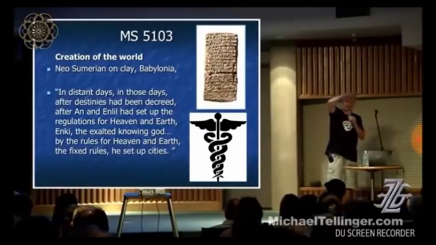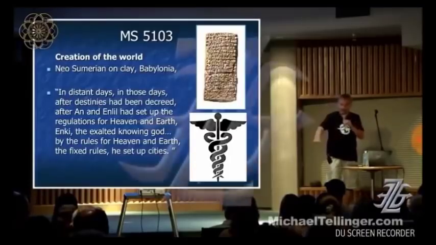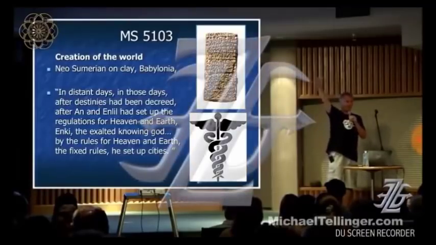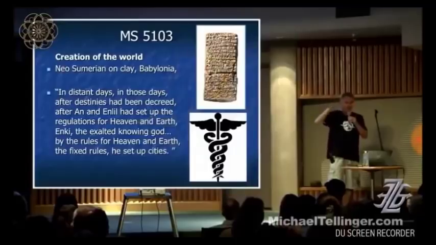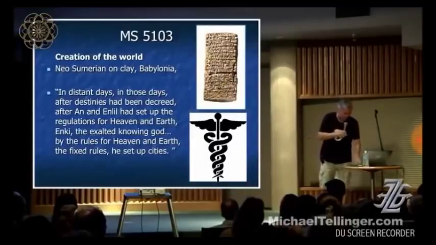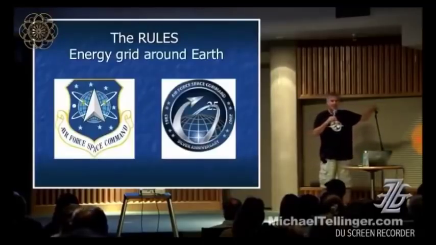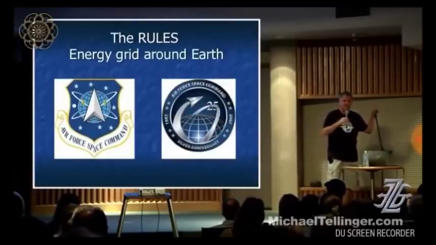It seems to tell us that there was some sort of a fixed energy grid in the sky, heaven, and a fixed energy grid on the earth. And based on the energy field in the sky and the earth, they set up the cities on earth on these specific nodal points. And then David Wilcock several years ago discovered that the emblems of the Space Command and